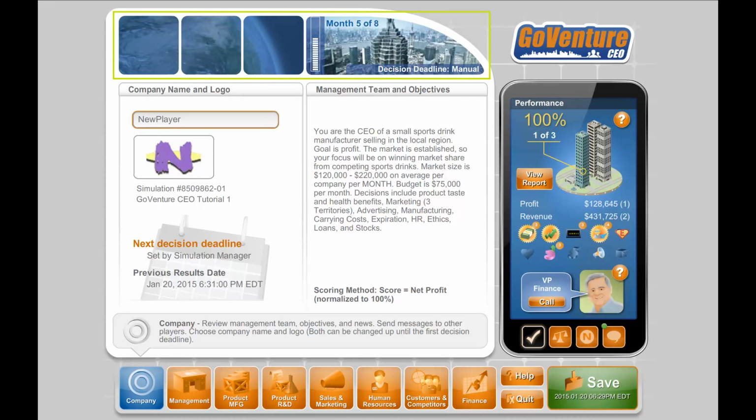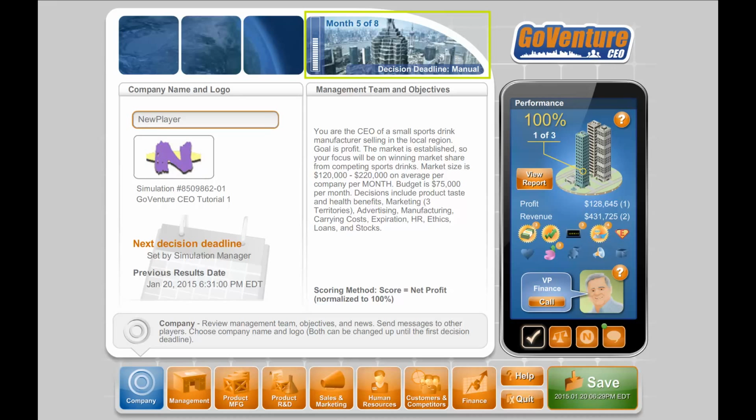Along the top is the progress window. This video is used to enhance the visual design of the interface. It has no specific functionality. To the right is some important information. First, you can see that we are in month 5 of 8. The simulation advances in business periods. The business period can be any duration of time, such as a day, a week, a month, a quarter, or a year. In the simulation, a single period is equal to 1 month in business.